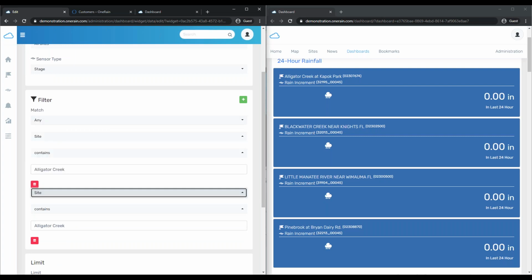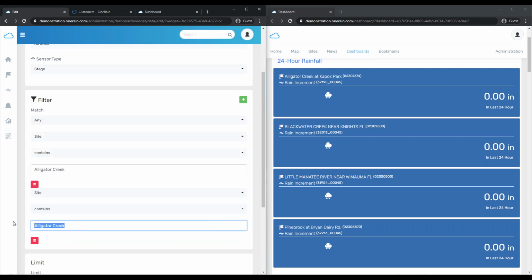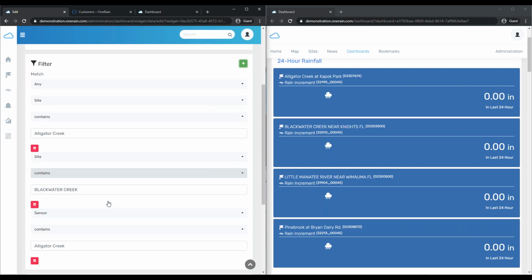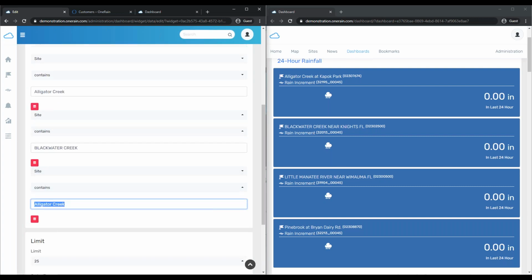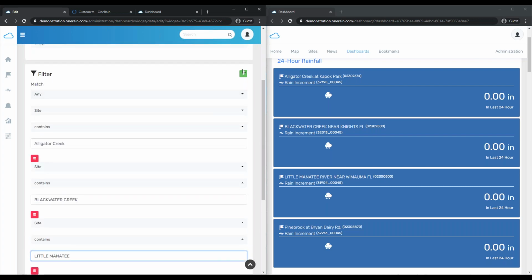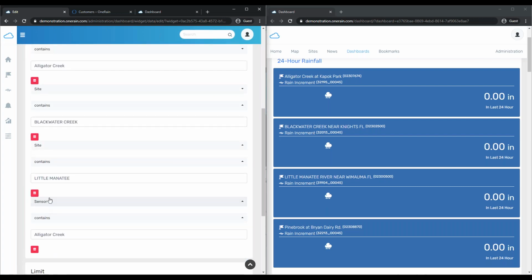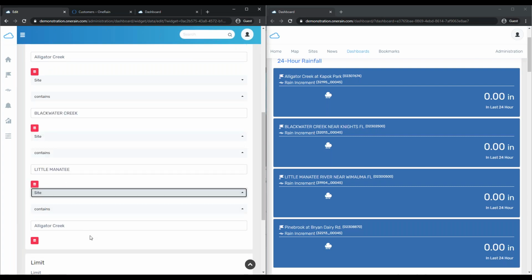And any sites that contain the words Blackwater Creek. How about anything that has the site name Little Manatee? And then finally, let's do anything with the site name